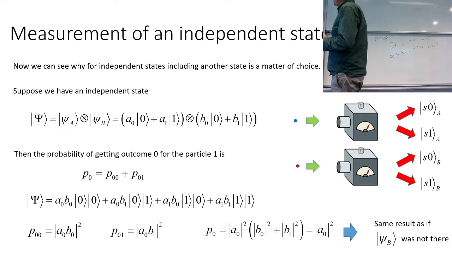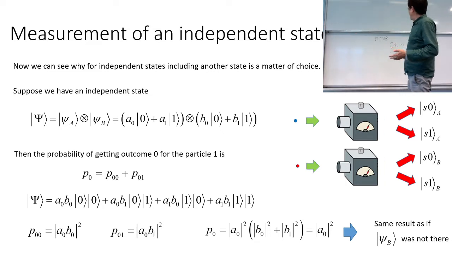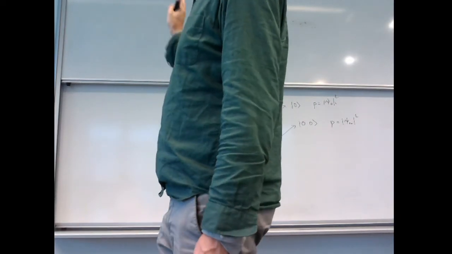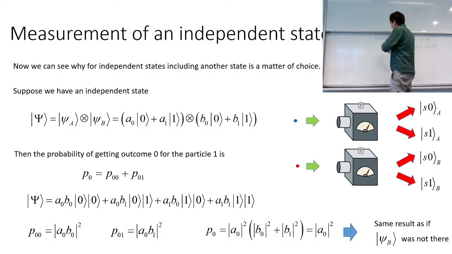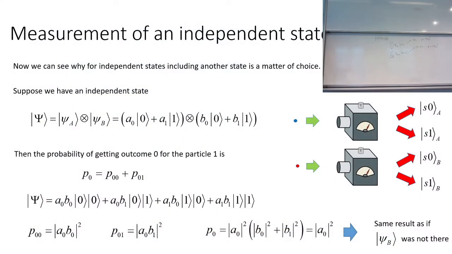So for the case of an independent state, because you have this product kind of form, this works exactly the same way as an independent distribution. If you do a measurement on an independent state here, so this is the independent one, so it's just a product, then say if you wanted to look at the probability of Alice getting 0, it's completely independent of whatever the state here is on Bob, because,